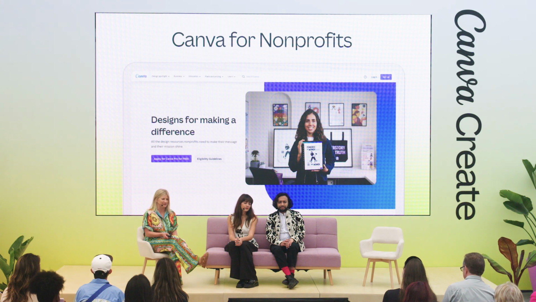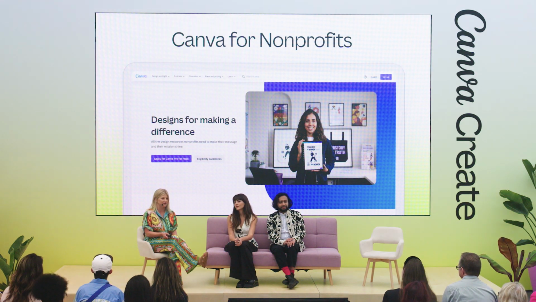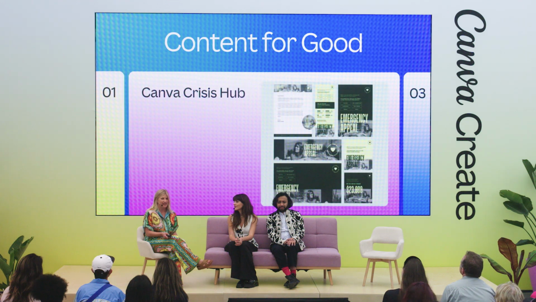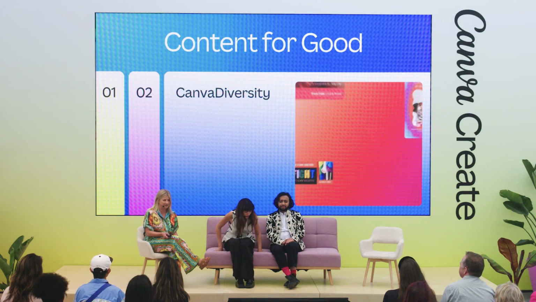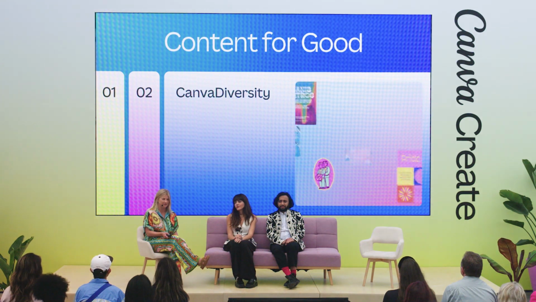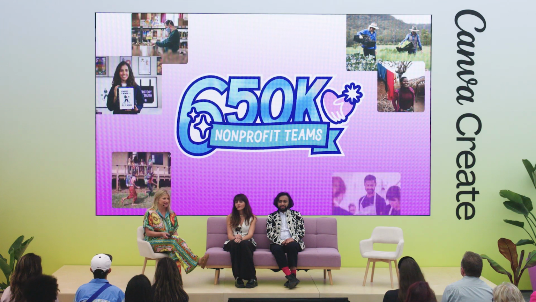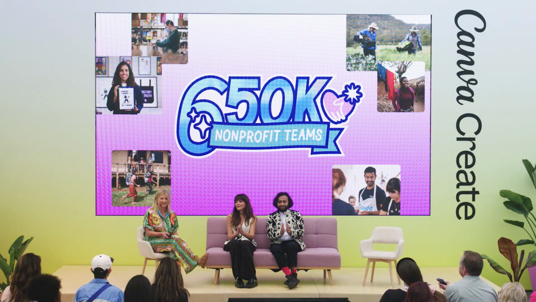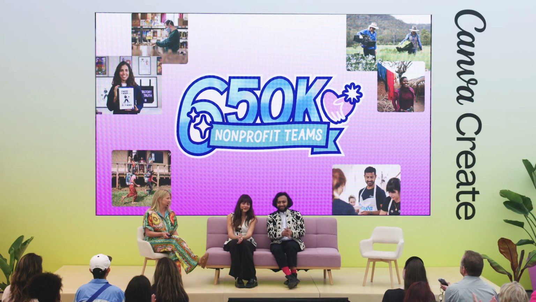And one of the ways that we bring this two-step plan to life is by giving away our premium product for free to nonprofits, and also ensuring that Canva's got all the right templates that nonprofits need to create change, like these Sustainable Development Goal templates and comms to use in times of crisis. And these are just two examples. And this is alongside a truly inclusive and diverse library of authentic and representative content, so that communities are empowered with the ingredients that they need to talk about the issues most important to them in the way that they want to be represented. We now have over 650,000 nonprofits around the world using Canva to amplify their impact and achieve their goals. And this is something our team is really, really proud of.